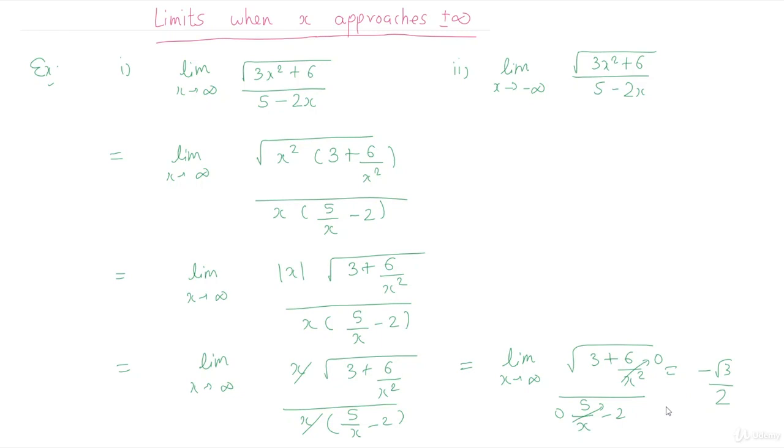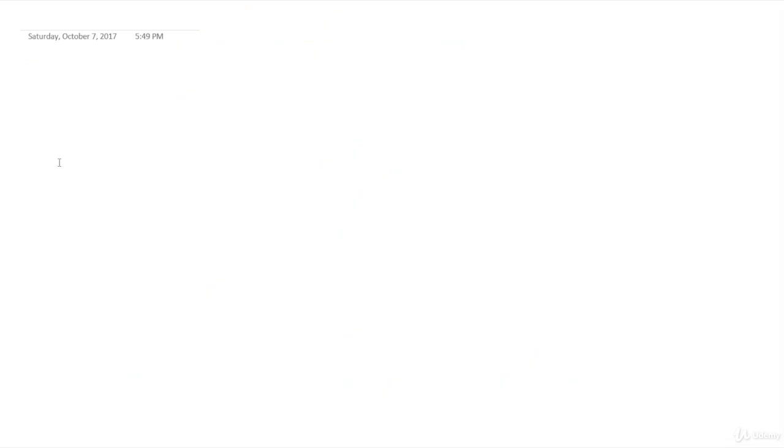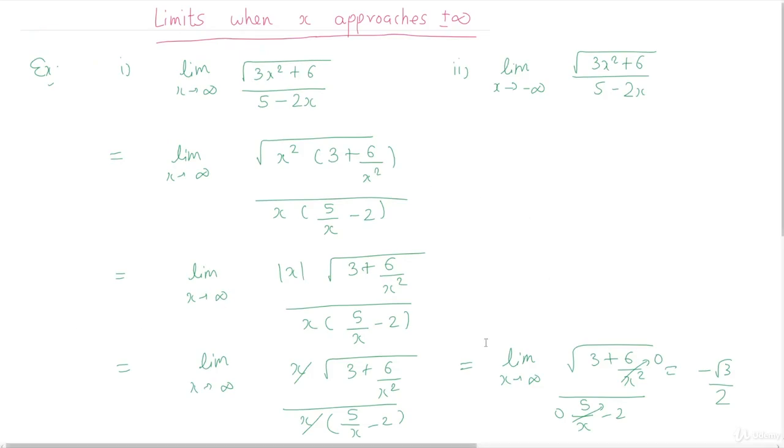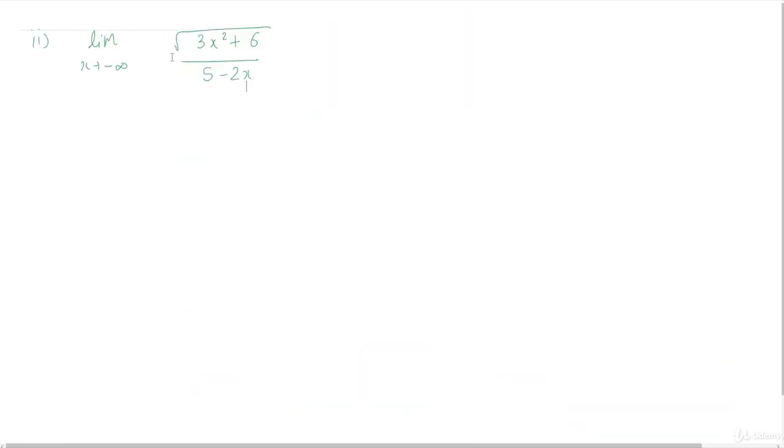Okay, so now let's take a look when x approaches to negative infinity. What will be our answer? So the second part is limit x approaches to minus infinity root over 3x square plus 6 over 5 minus 2x. So let us now take help of the previous part till a certain point. So till this point it will be same, right? So we can take help of the previous part and we can write it as